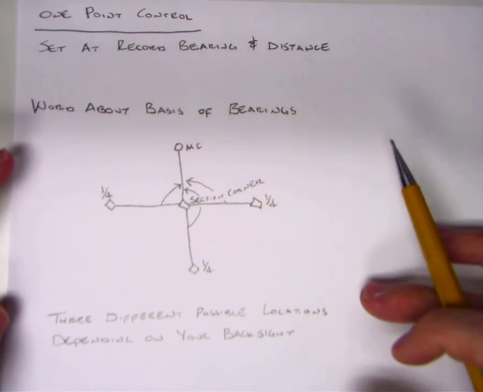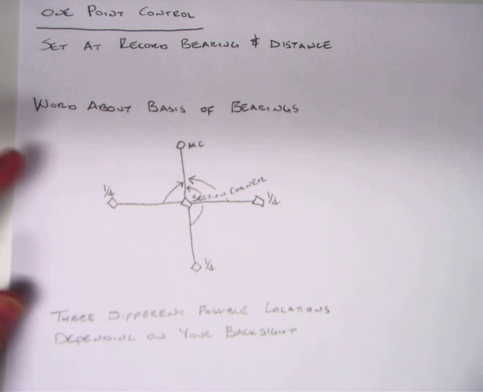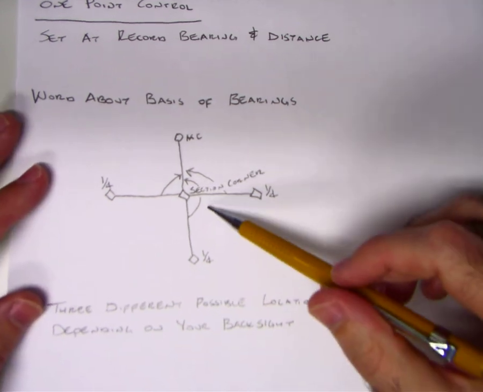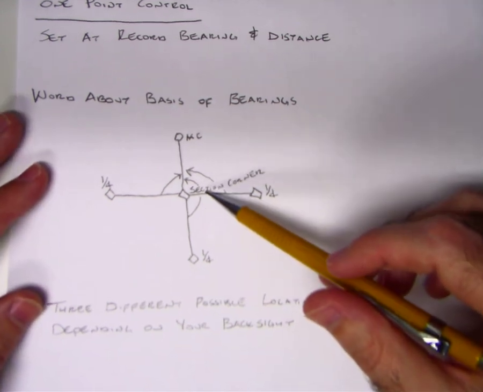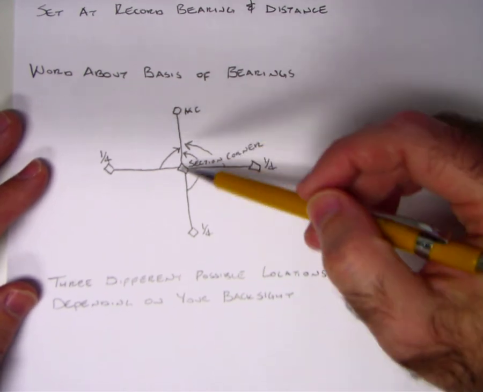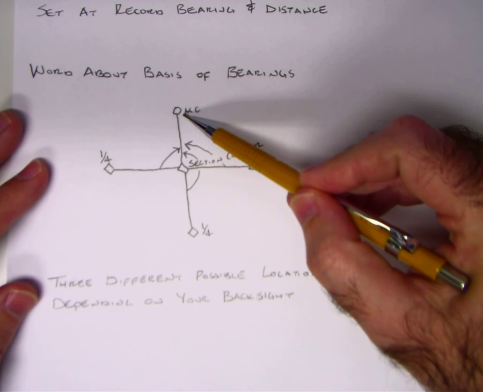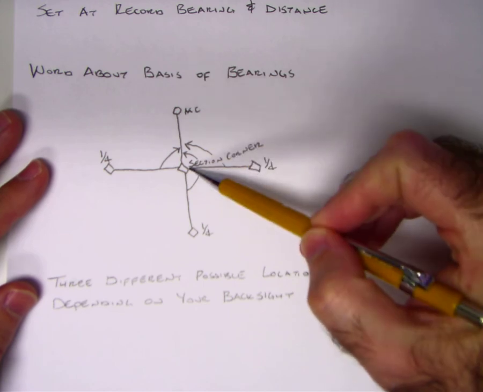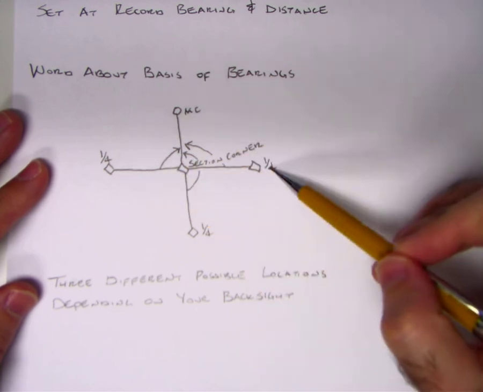But I want to have a word about the basis of bearings. Again, the basis of bearings needs to be astronomic. You need to be using ground distances. But let's take a look at a quick example. If this meander corner was lost, and you found this section corner, found this quarter corner, this quarter corner, and